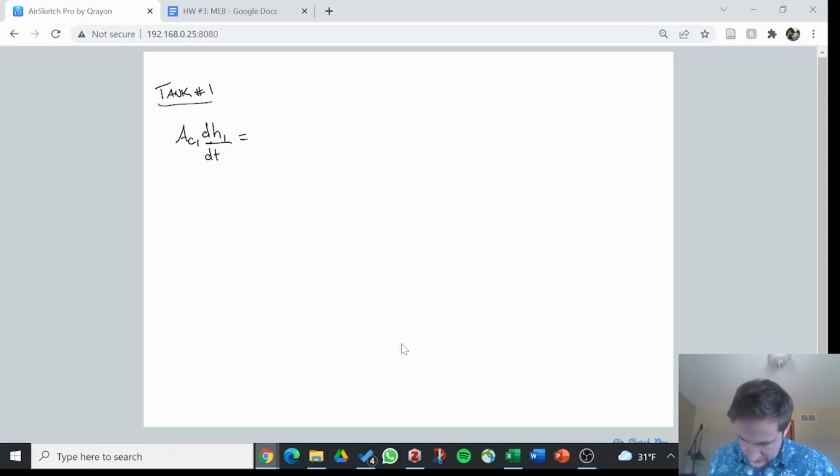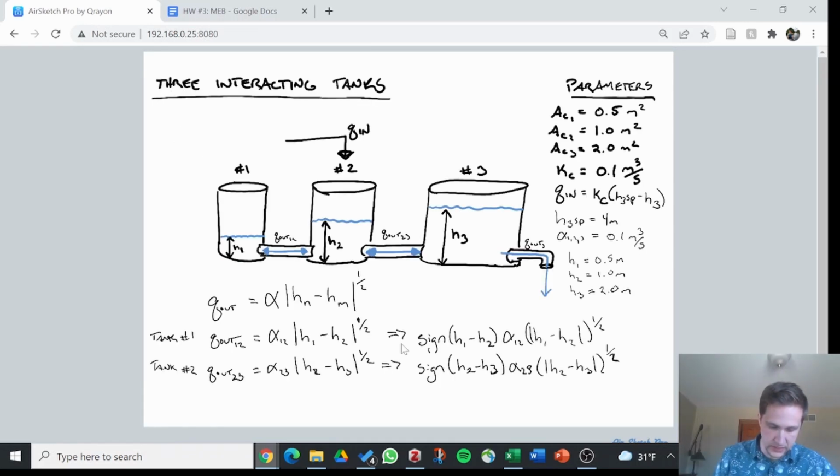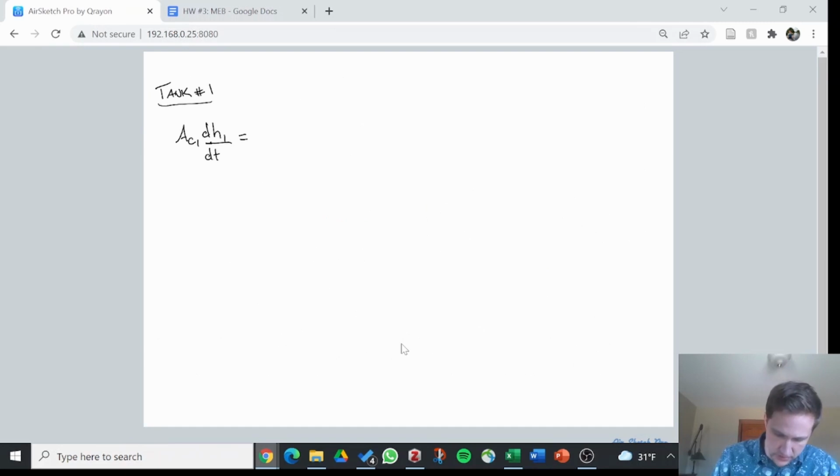And what does that equal? Well, let's take a look over here. It equals what's leaving tank 1. So that's going to be our change of flow. And so that's going to be negative flow rate from, I'll go ahead and write just to specify, everything flowing out of tank 1. Now, for tank 2,